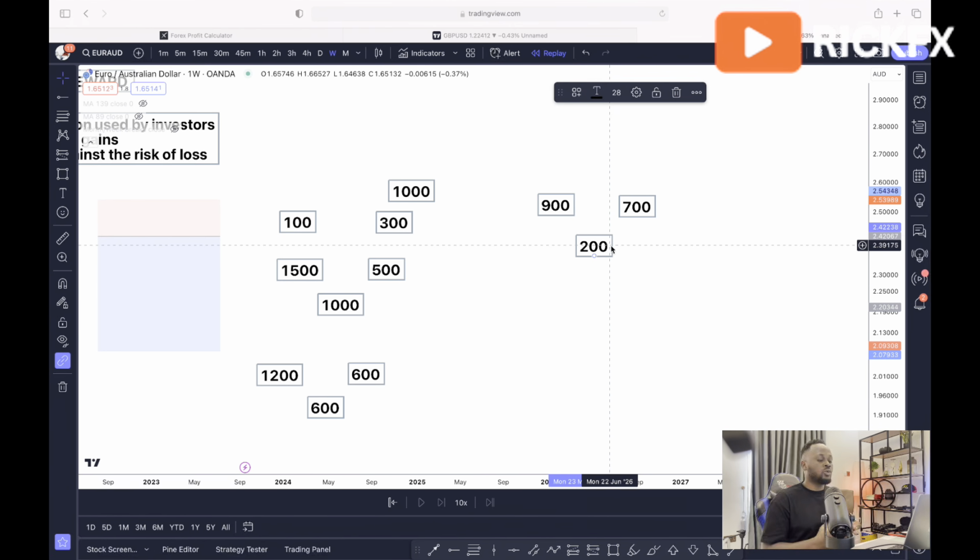I mean, with risk to reward, you don't really need a good win rate, but with a system that has also a good win rate, you can already tell how far you can go when you add risk to reward in your system or in your strategy religiously, right? So there you have it, guys. That is a practical example of how risk to reward can turn around your trading game for you if you understand it very well and apply it to your trading system, right? So when it comes to maximizing risk to reward, as I said earlier, you just want to allow the trade to hit your take profit or your stop loss, and then you are good to go.